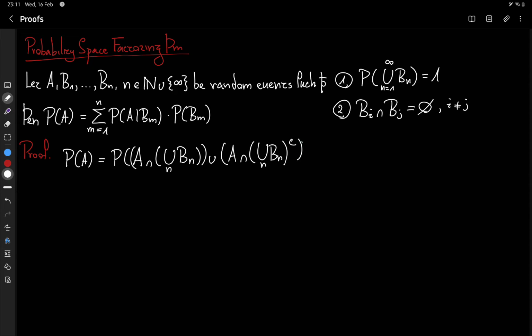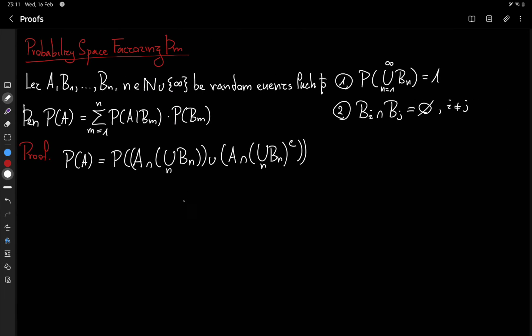This is nothing clever and nothing new. All this says is that A can be written as the union of the intersection of A with some set and the intersection of A with the complement of the set. This isn't interesting, but we know that this is equal to P of A intersected with the union ranging through 1 to n, but we also use n to index because we have very unfortunately named the final Bn,